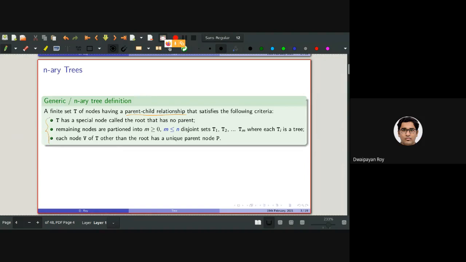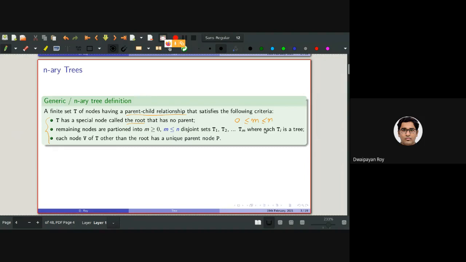So first, there should be one specially designated node that will be referred to as the root of the n-ary tree specifically, and the remaining nodes will be partitioned into basically this, I mean, there should be this relationship. These remaining nodes we will be able to partition into this many disjoint sets, where each of these Ti will be again an n-ary tree.